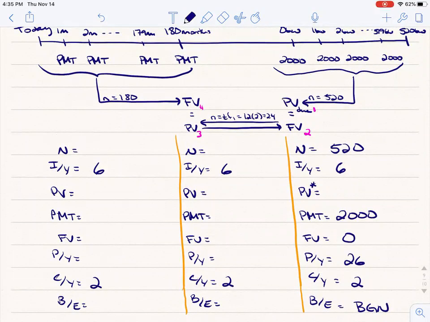All right. So we can go ahead and plug these in. 520 for N, 6 for the interest per year. Skipping the present value, we've got $2,000 as our payment amount, 0 for the future value, 26 enter payments per year, 2 compoundings per year enter, and then we're going to compute the present value, and I get negative 610,